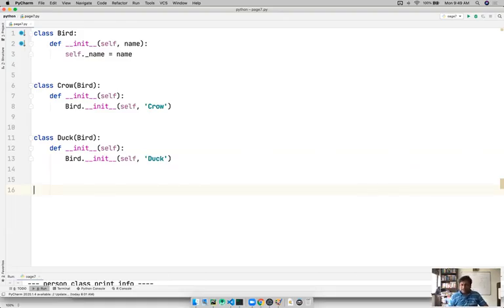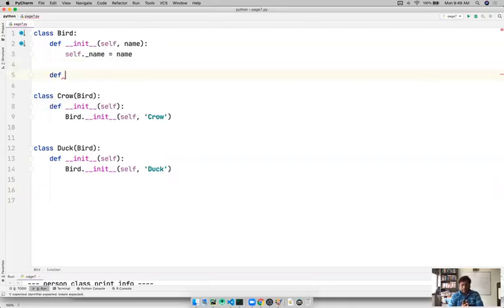Exactly, it's hierarchy, right? It's hierarchical inheritance. So we have one base class and multiple derived classes. This is an example of not multi-level, but hierarchical inheritance. Absolutely right. So when you talk about this, in my base class, or in my bird class, I'm going to